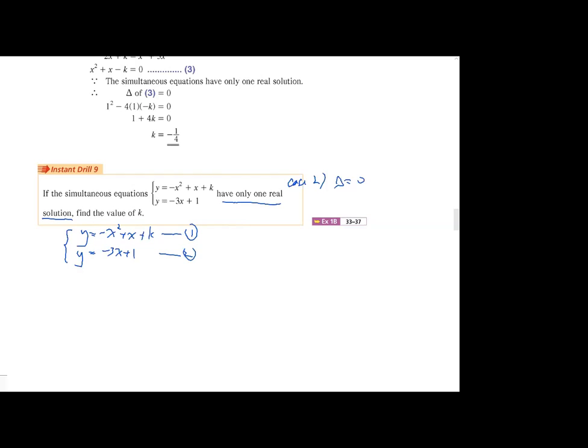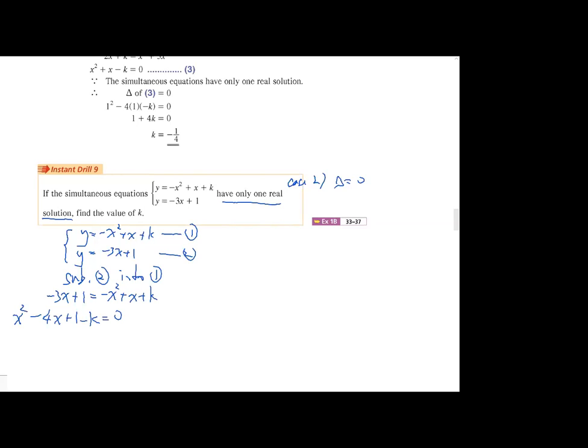Equation 2 has no square term, so we will start with equation 2. But equation 2 already has a subject y, so we just need to substitute equation 2 into equation 1. This becomes negative 3x plus 1 equals negative x squared plus x plus k. And then we will move all the terms to one side and want to keep the x squared term positive. So I move all the terms to the left. So it is x squared, and then minus 3x minus x becomes minus 4x, and then plus 1 minus k